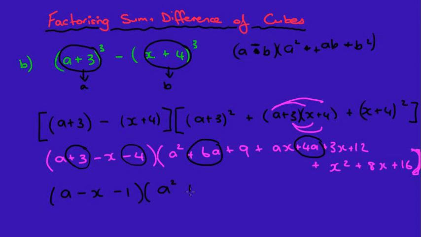a squared plus 6a plus 4a is 10a. Now I've got ax, yep, no other ax's, so ax. Then I've got 3x plus 8x, that's 11x. I've got a plus x squared. And I've got some numbers. I've got 9 plus 12. Well, 12 plus 9 is 21, and that's going to be plus 37. Okay, and I'm completely factorized as much as I possibly can. That's a really challenging question,